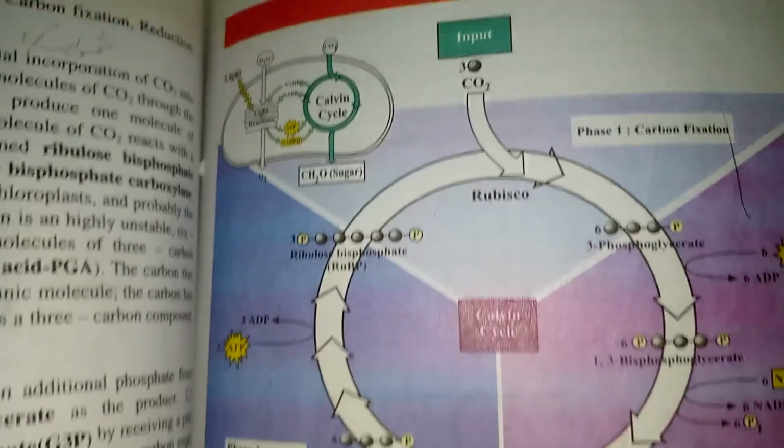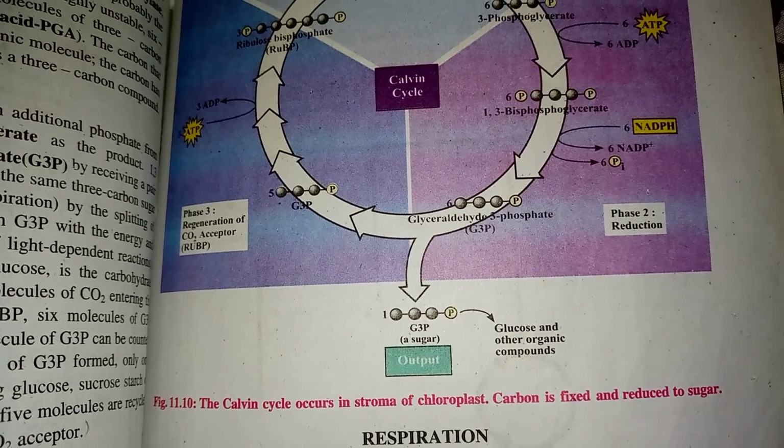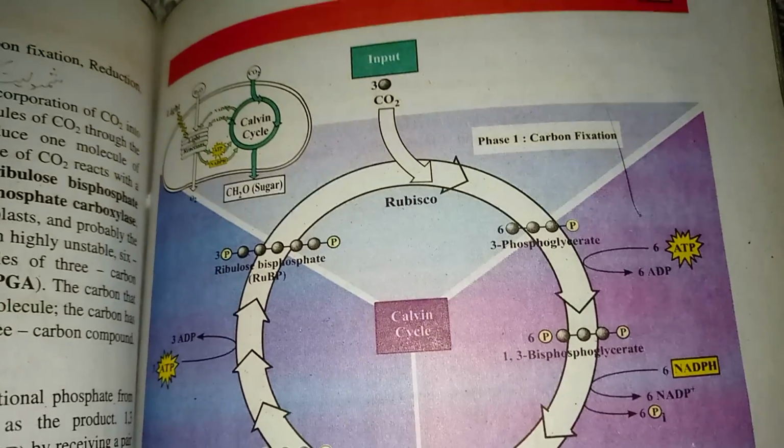And so this is figure 11.10. The Calvin cycle occurs in the stroma of the chloroplast. Carbon is fixed and reduced to sugar. This is figure